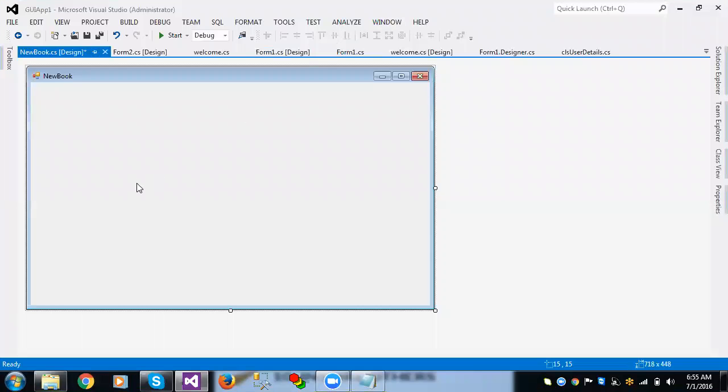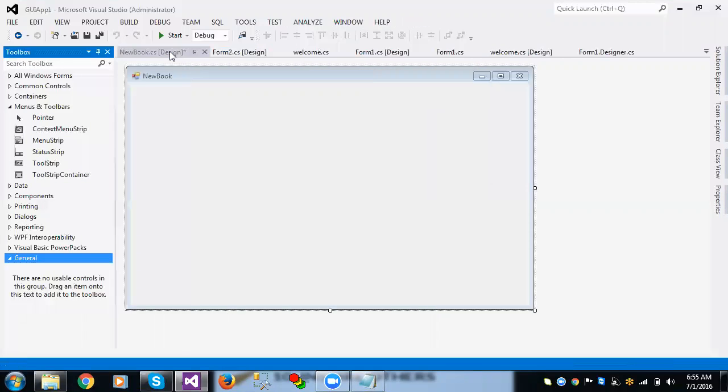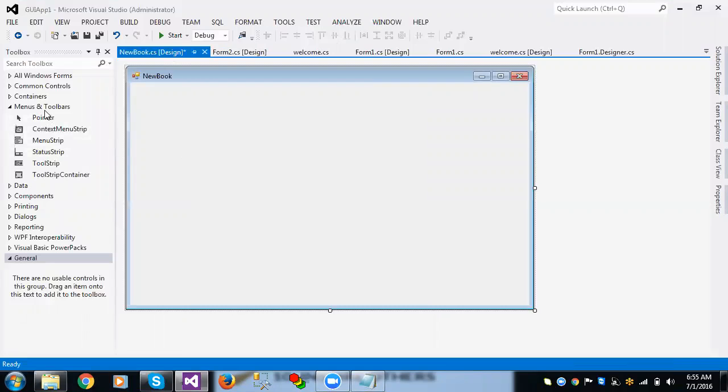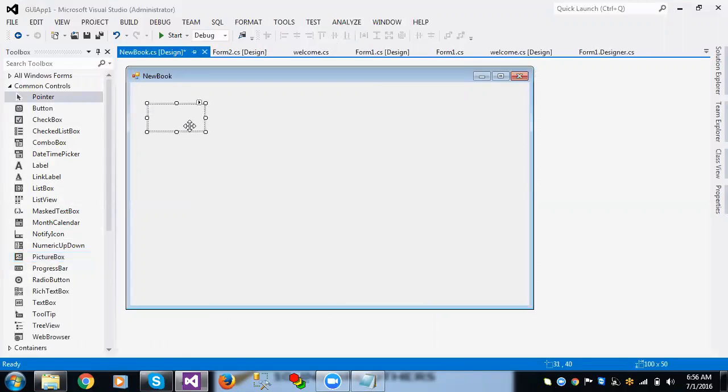So yesterday we have seen theoretical information of ADO. So now here, add books. Under this common controls, we have a picture box. While you are going to add a new book,